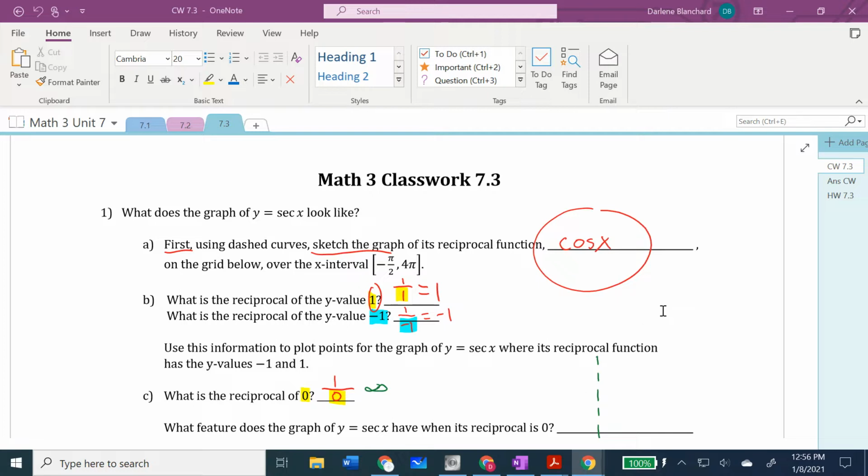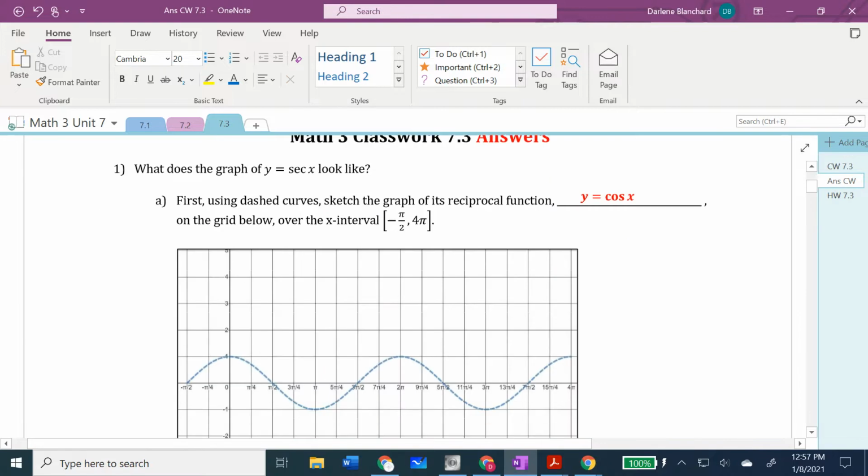That means every single y value that we're used to seeing on cosine, the reciprocal of that y value is on the graph of secant. That's why I asked here in part B, what is the reciprocal of 1? It is 1. What is the reciprocal of -1? It is -1. So you want to know that at those points